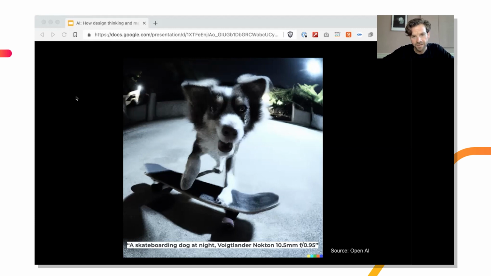Now, this was created with DALL-E from OpenAI. And again, you might have heard about this in the news. Very interesting what a machine learning model could learn from taking all these images. This is trained on millions of images with labels. And if you prompt it with this kind of text, a skateboarding dog at night, you get these kinds of images generated, and there are many more. Now, third thing,